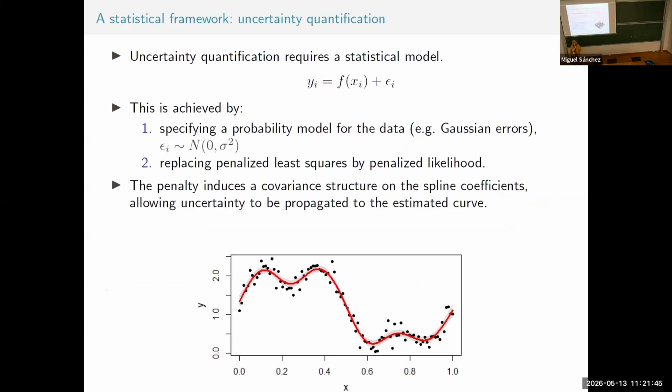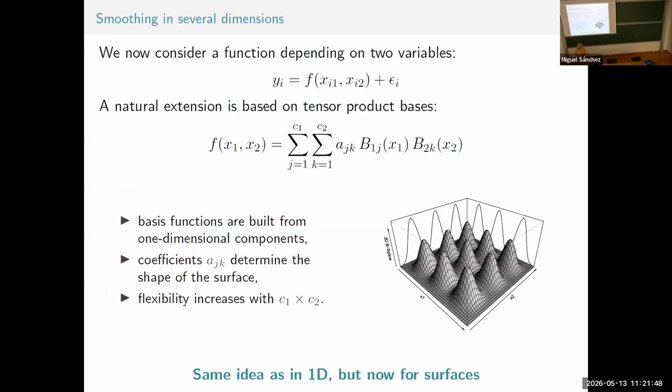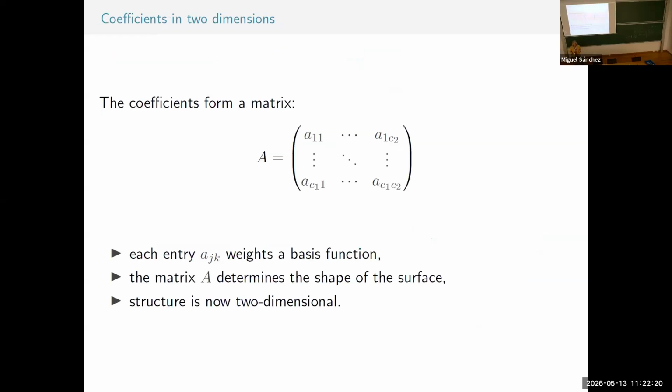So what do you do in 2 dimensions? There you go, tensor product. This is not a true representation of a tensor product of B-splines because they will overlap. I put it like the carton where you put the eggs, upside down. They will overlap, but I didn't overlap them because otherwise you don't see anything. So this is your basis, and your coefficients are located here. They are on a matrix now.